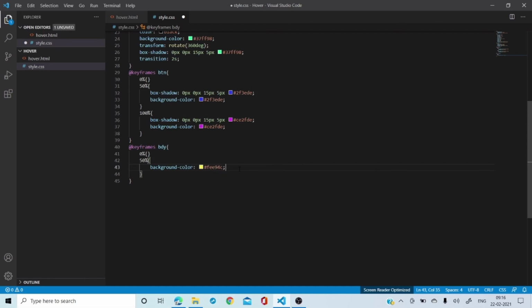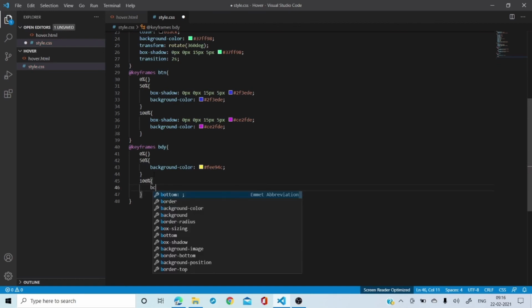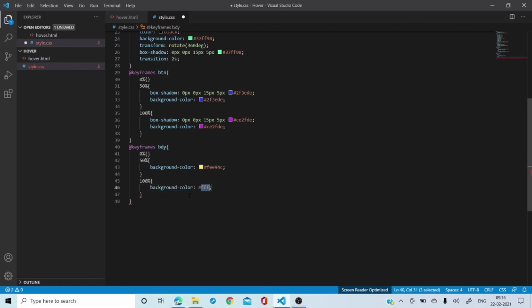Let me take this yellowish color and let me finish this off. Then I'll go down again, use 100% and a curly bracket, open over here, and again put a background color, and maybe you can use 4242. Okay, let me take the red color over here. All right, and this is finished and this is done.